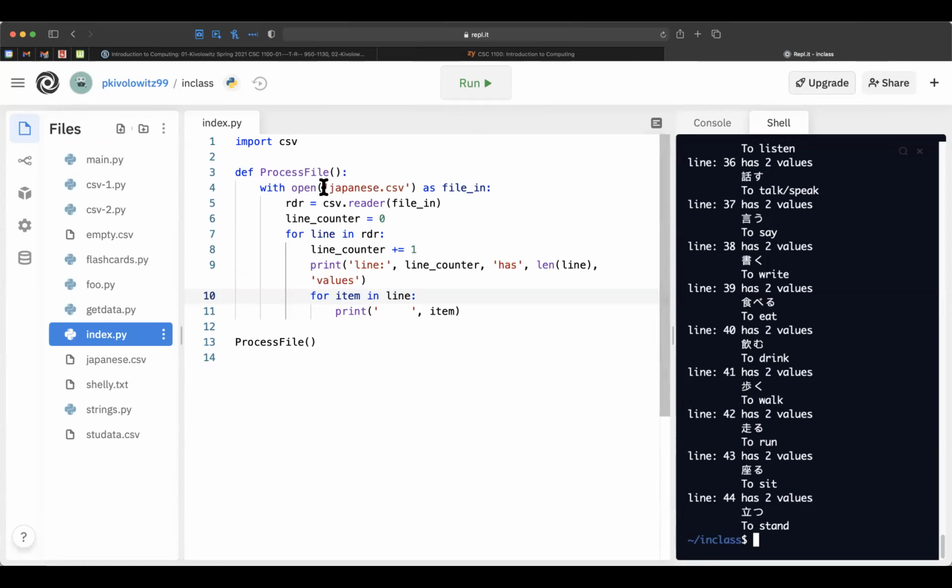But tell you what, let me make it possible to work with any file. So I will replace the name of the file with the argument file name, and then open the file name. Okay, that should work the same way.